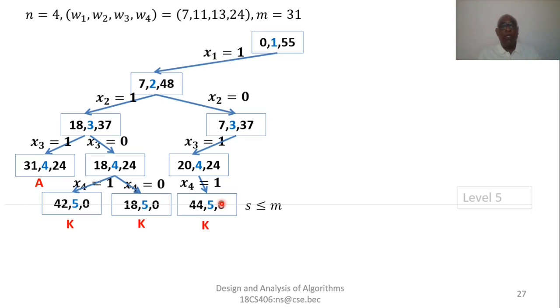And then we create the child x4 equal to 0. The value of s and r will be 20 and 0, because w4 is 24, s remains the same 20, and r will be decremented by 24, and hence it becomes 0. And at this node, we need not check for any bounding function, because this node is at level 5, we no more expand. So because this becomes a dead node now, all of its children have been generated, we go back and